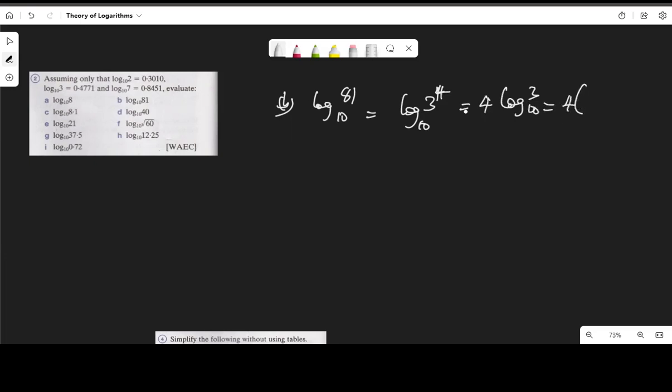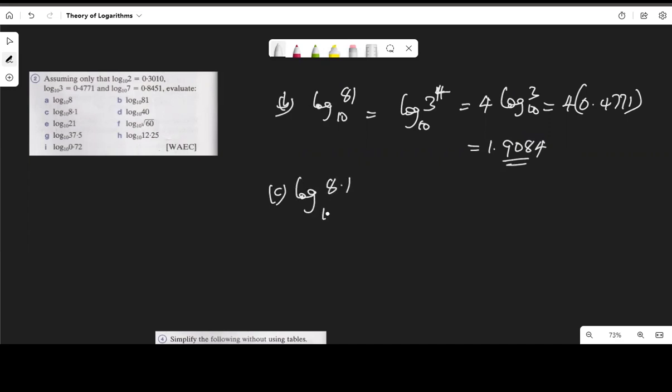That is 4 multiplied by log 3 to base 10, which is 0.4771. And 4 multiplied by 0.4771 is 1.9084. And for question C, we have log